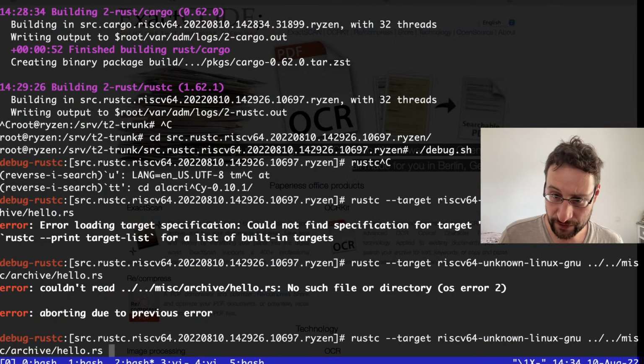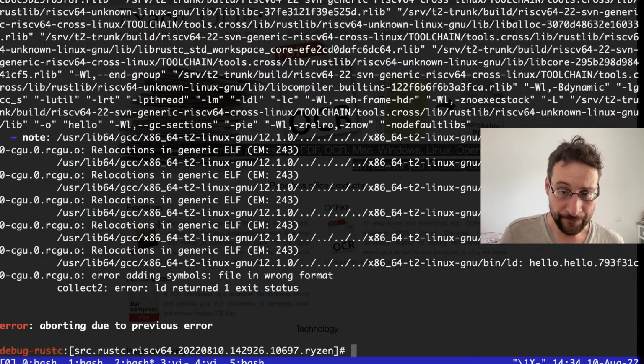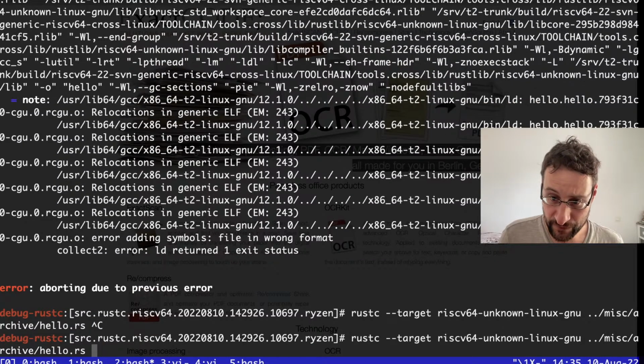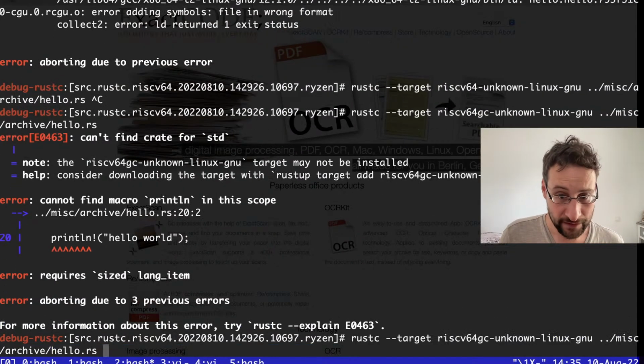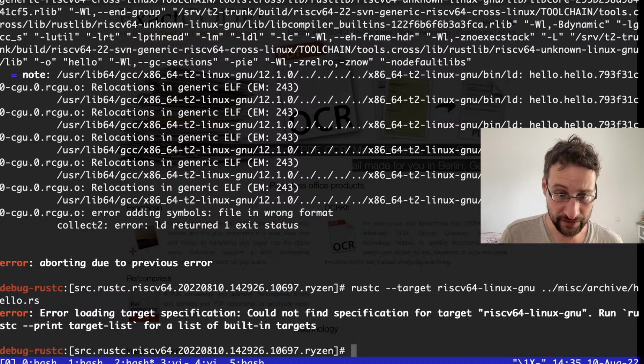And why does this not work now? Couldn't read because we are in the wrong directory. Never mind. So wait, this still doesn't work. Wait a second. Hello. What's going on here? Relocation generic. Now I'm a little bit perplexed. I thought I patched that. Why does this not work now? That is interesting. I thought this